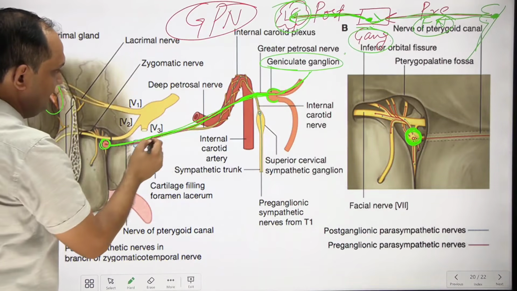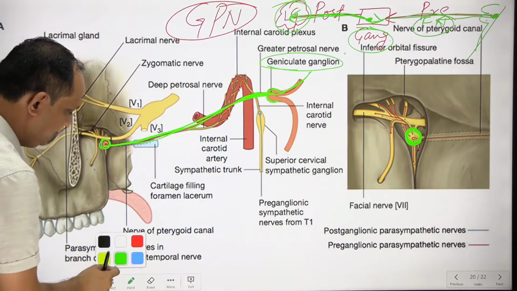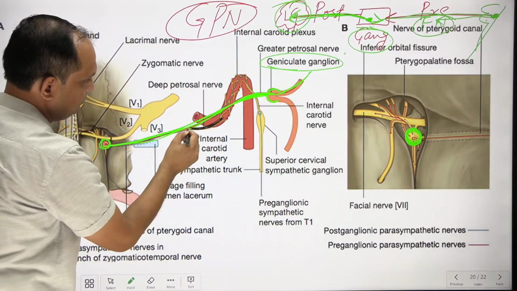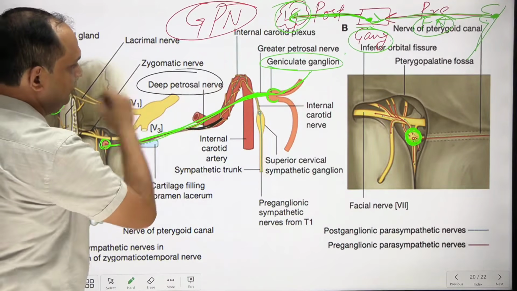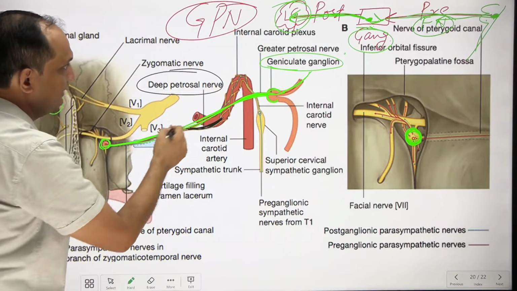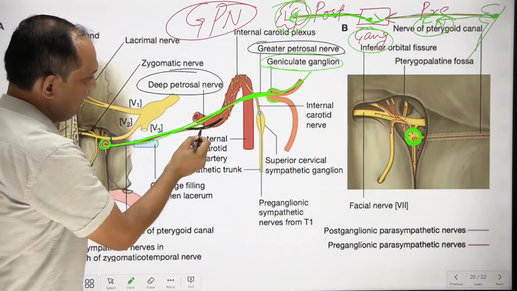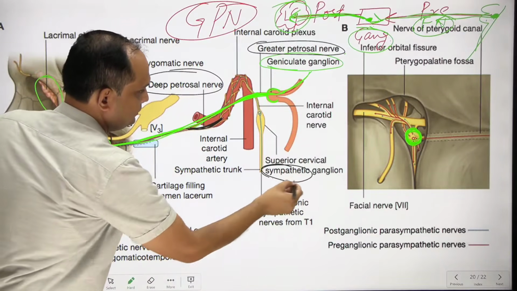So ये जो greater petrosal nerve है, ये greater petrosal nerve यहाँ पे एक और nerve के साथ join हो रही है। ये जो nerve है जो मैंने अभी black कलर से ड्रॉ की, ये nerve कहलाई deep petrosal nerve, और ये जो green कलर की nerve है ये कहलाई greater petrosal nerve। ये जो deep petrosal nerve है, it is actually the sympathetic supply।